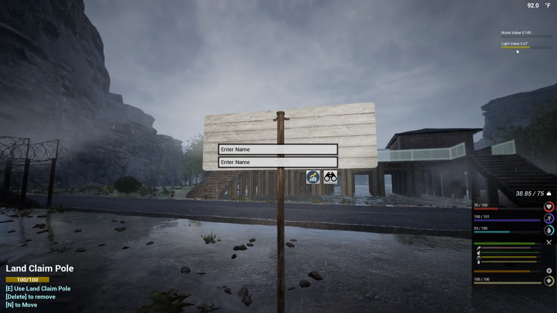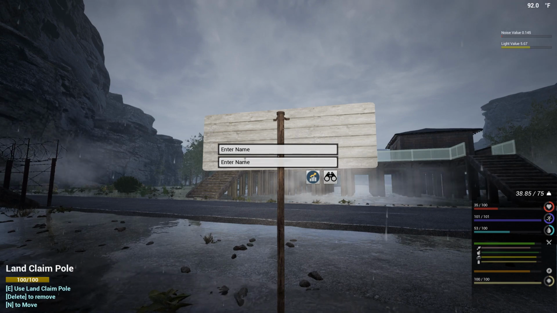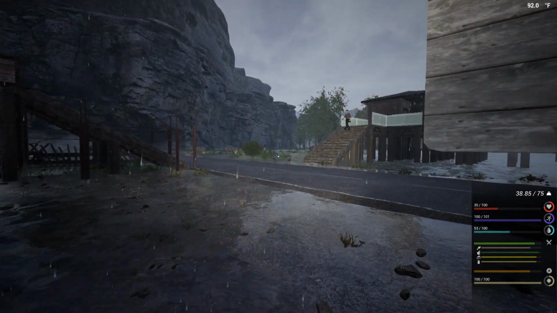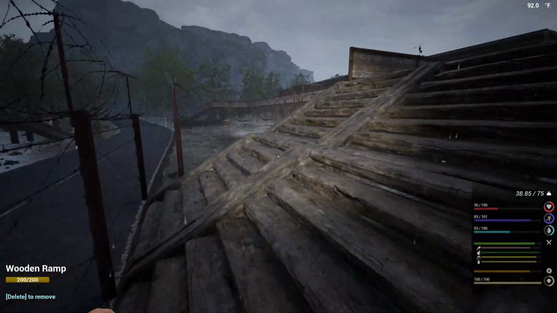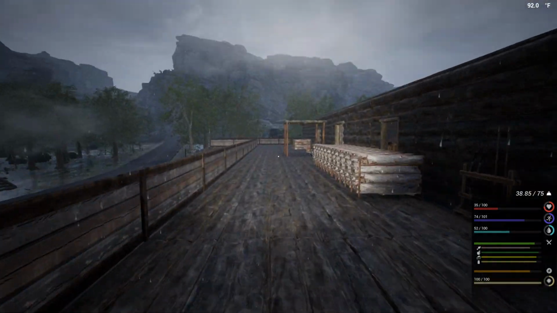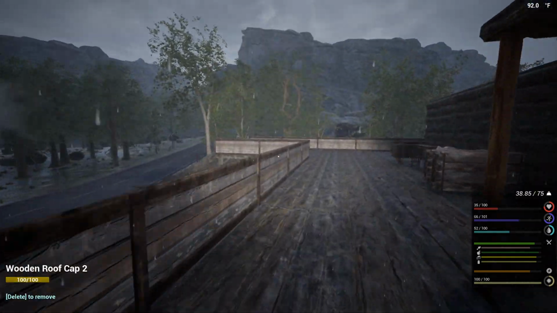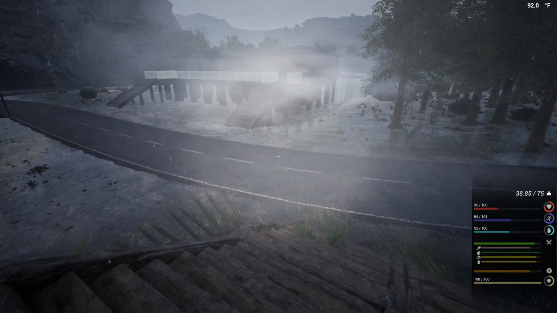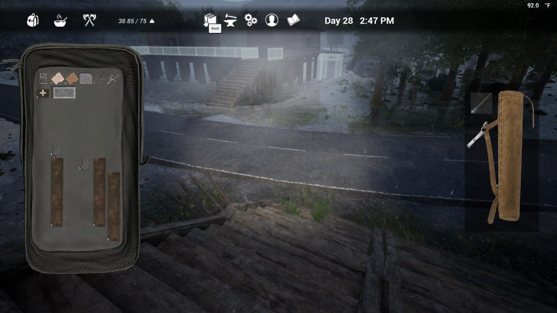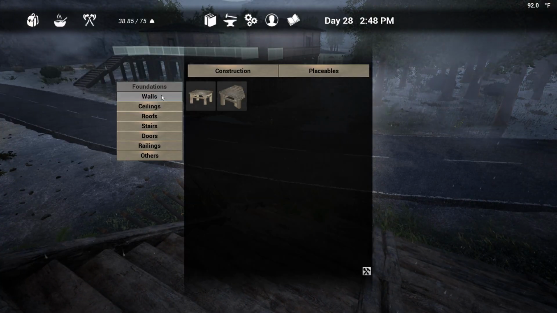Up here, our noise value did reset. Our light value is nowhere near where it needs to be to get an attack. So it's not like we were expecting two at once on that. So I'm not quite sure what went on with that. Unfortunately, they did break our spikes over here, so they are able to get into the base at this point. So we're going to have to...